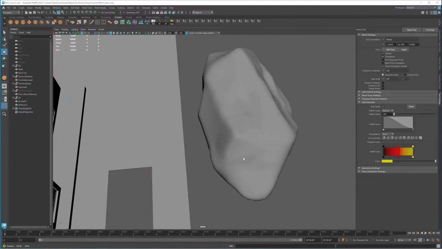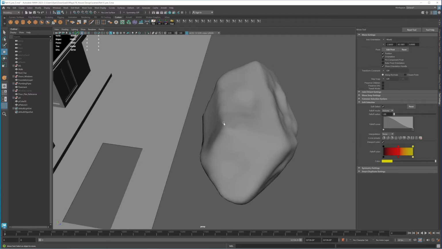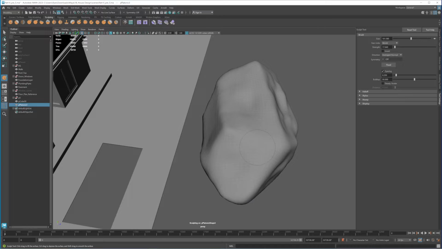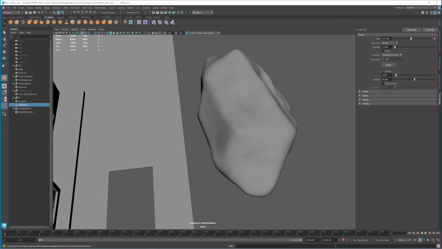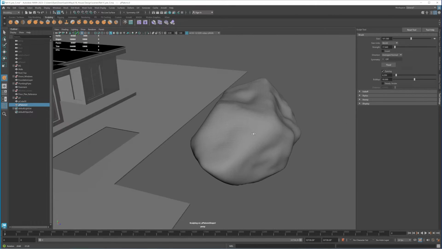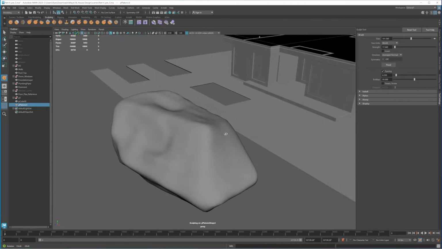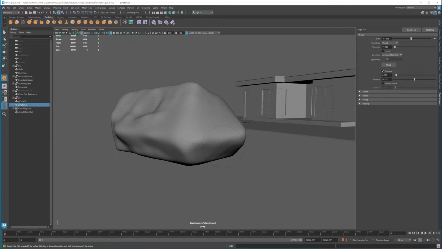So now I think I really want to sculpt it a little bit more. So let's go back to that sculpting tool and click on that, and just relax here a little bit more. Okay, so, and probably let me reduce my brush and press Ctrl to push these ones back a little bit.